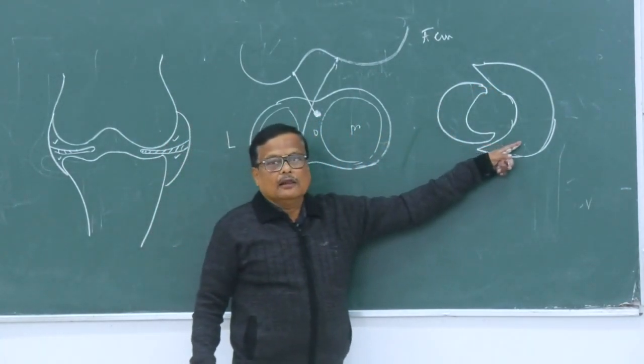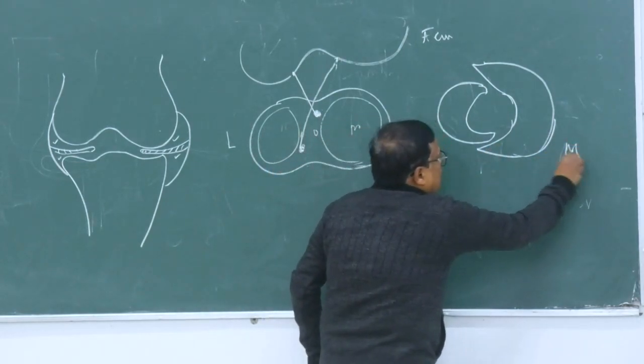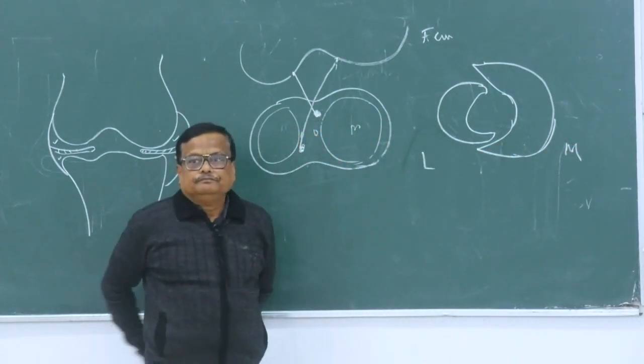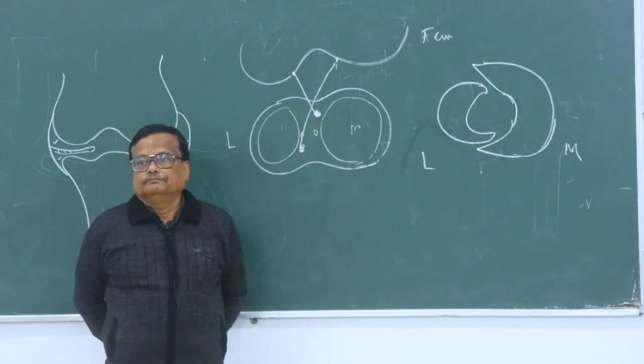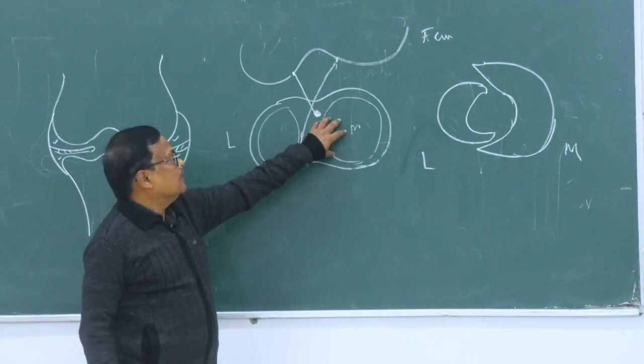কোনটা লার্জার? মিডিয়াল। সো ইট ইজ দ্য মিডিয়াল সাইড, দ্য ল্যাটারাল সাইড। কোথায় আছে? এইখানটায়।